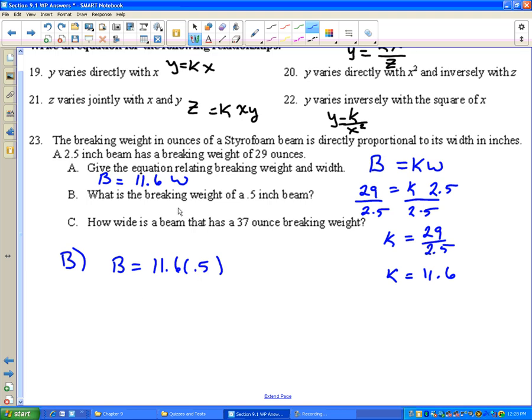So that's going to be 5.8 ounces is the breaking weight. And C, how wide is a beam that has a breaking weight of 37 ounces? So 11.6 times 37 is,